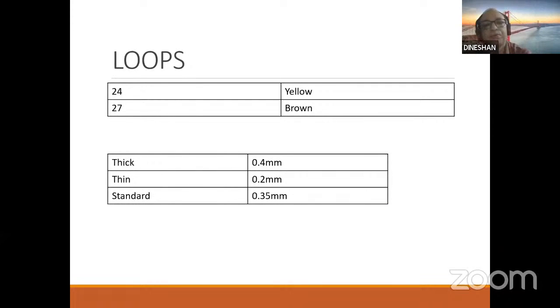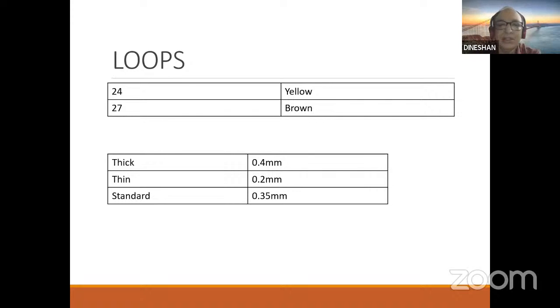Now coming to the loop. As I have already mentioned, there are two different types, the single stem and double stem, but it doesn't make any difference actually. Even the double stem is active. There is only one active stem, the longer one, which is directly connected to the high frequency cord. The other stem is always there for stability.